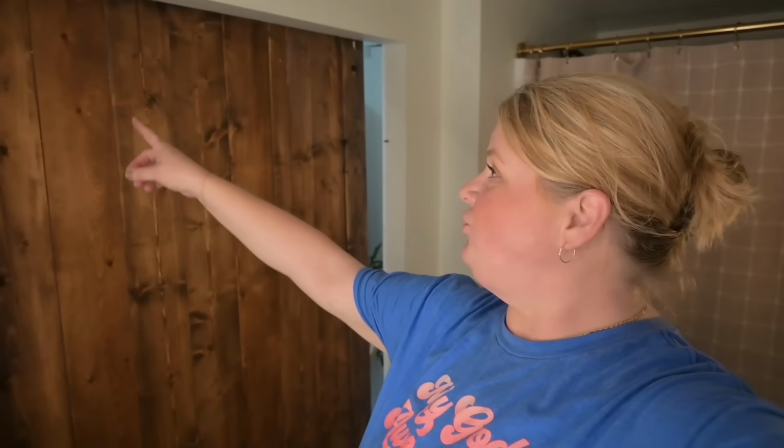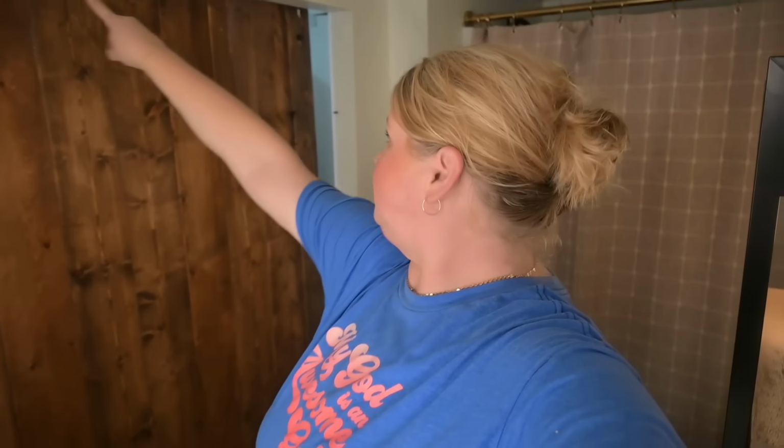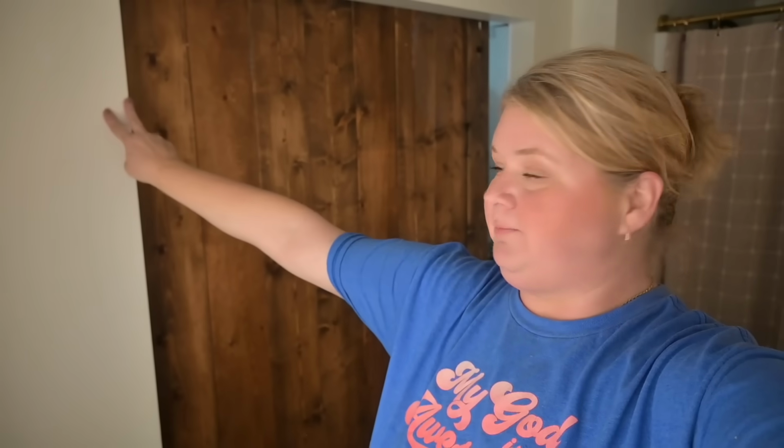Okay, so also I want to trim out this entryway right here where the sliding door is. I want to trim this out in wood all the way around and put wood trim here as well. Now you guys let me know, do you think I should stain that the color of this door, or should I go ahead and paint it